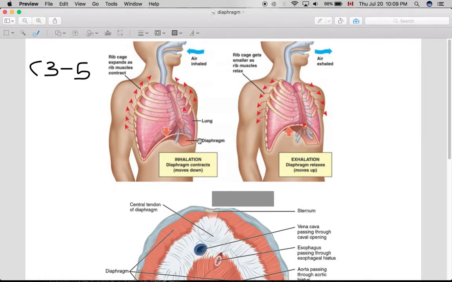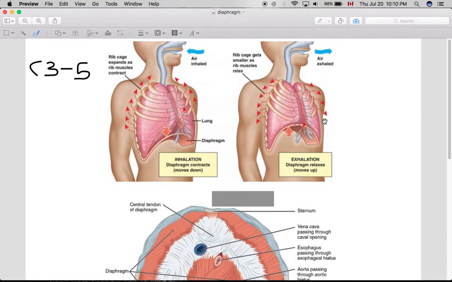Now the diaphragm is a dome-shaped piece of muscle that separates the thoracic cavity above it and the abdominal cavity below it. The function of this muscle is for inhalation. As you breathe, the diaphragm moves downward to allow the lungs to expand. Then as you exhale, the diaphragm relaxes and squeezes the lung cavity so that the air